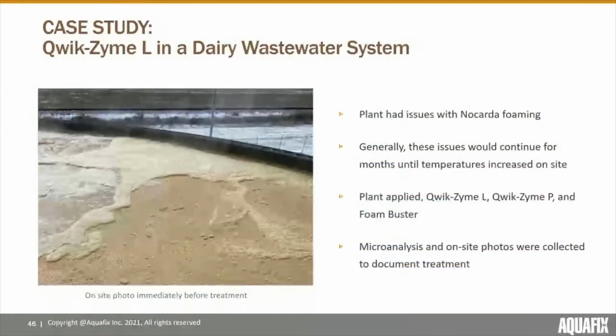So this was kind of an interesting case where we were working with a dairy system to attempt to reduce their nocardiiforms levels. Now, one thing many of you may be familiar with, nocardiiforms really love,